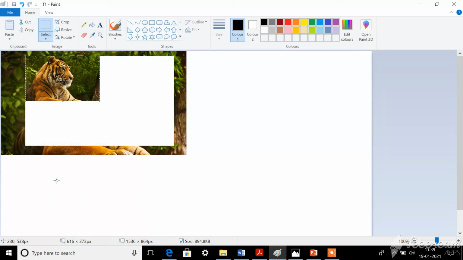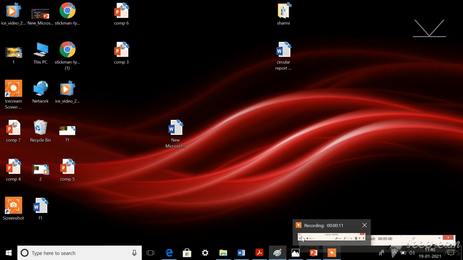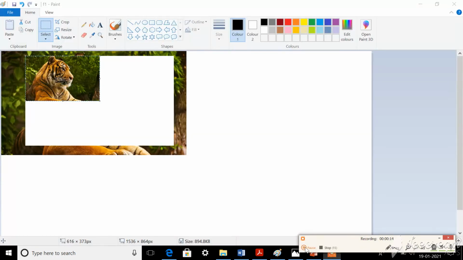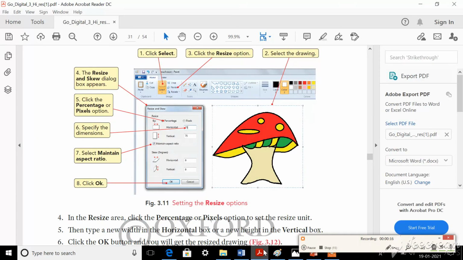Children, are you able to see the size of the image resized? Can you see? So this is how you should resize your image. Dear children, you understand? Now you know how to resize an image and also how to rotate and flip an image, isn't it? We have learned that today. So today you are going to practice this in your house. Will you do that, dear children?